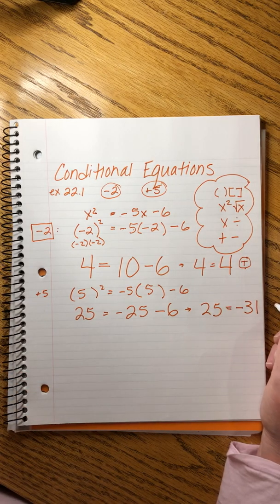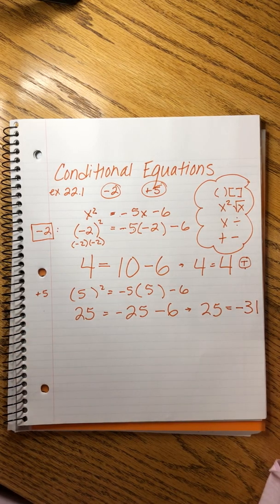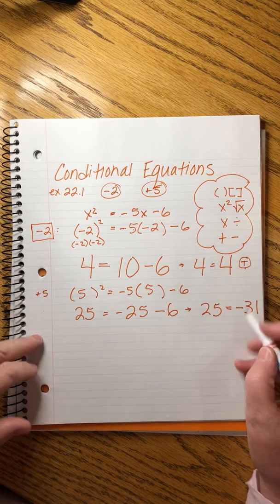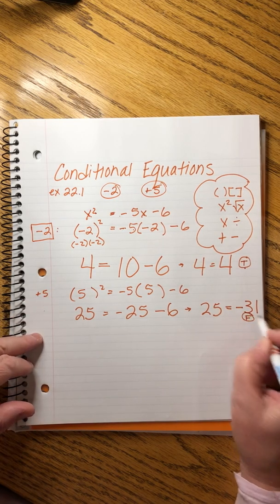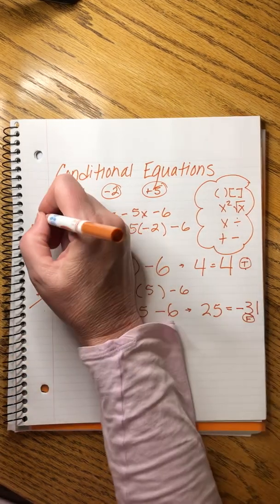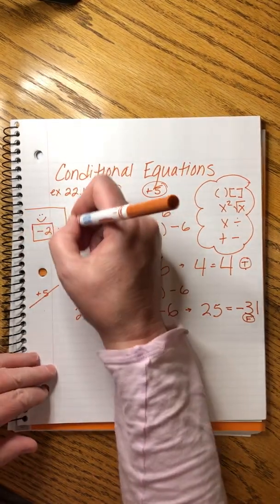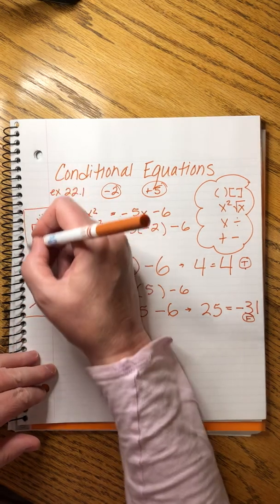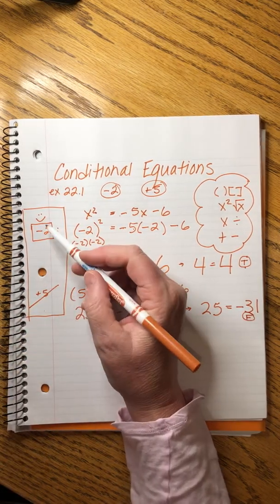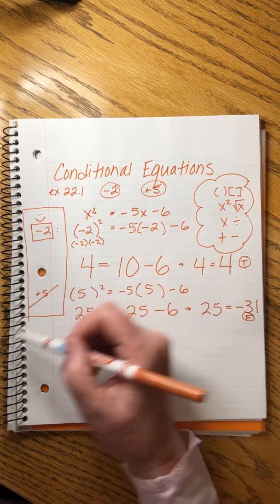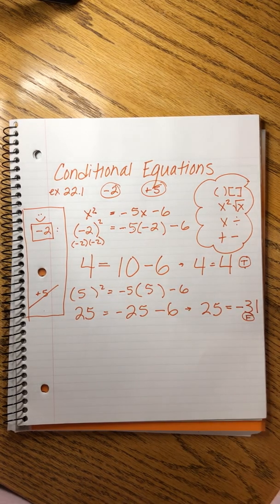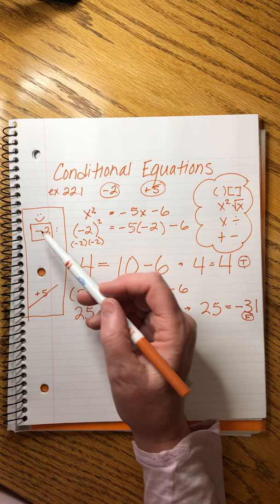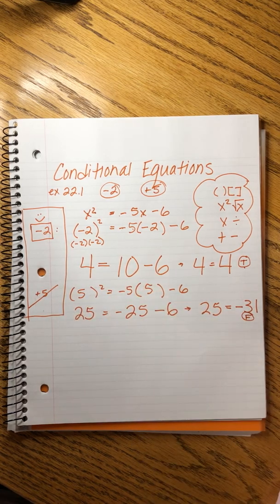Whoa. I hear the needle skipping across the turntable again, don't you? Or maybe it's the sound of a train skidding off the tracks and falling over the bridge and into the icy river below. But this does not work. So that means that's no bueno, and this is the way I would show the answer. I would show both numbers, and I would show a box around one and a slashy across the other. All right? John writes it out: minus 2 is a solution and 5 is not. Okay,